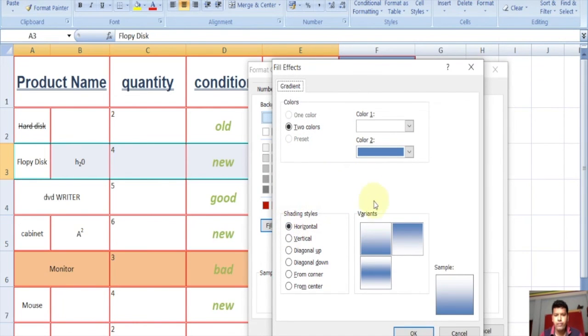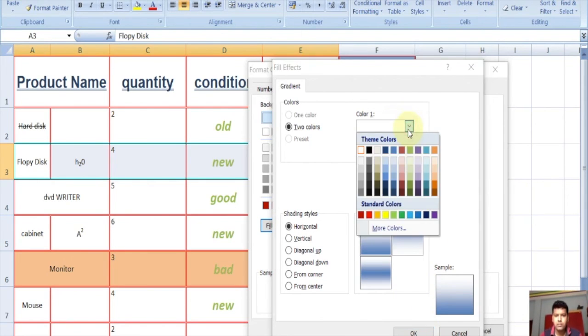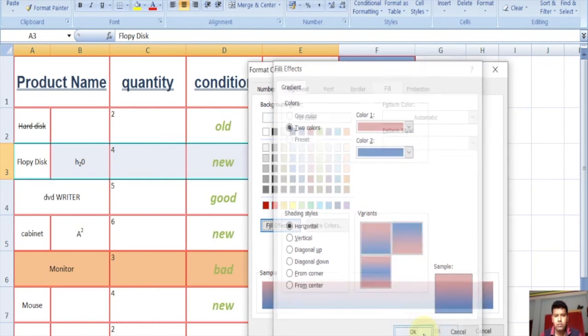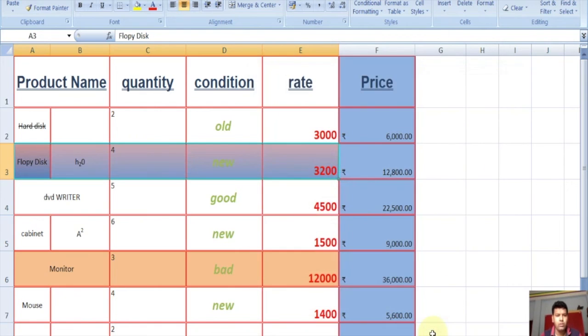We can fill effects, we can change this here. We click this and click on OK. We can make this type of fill color also.